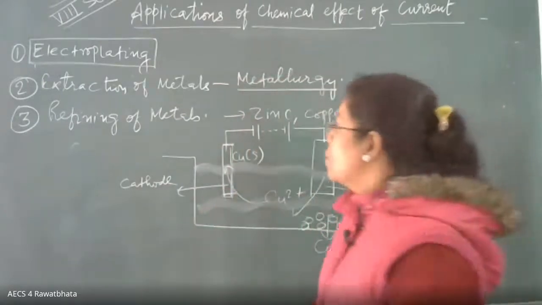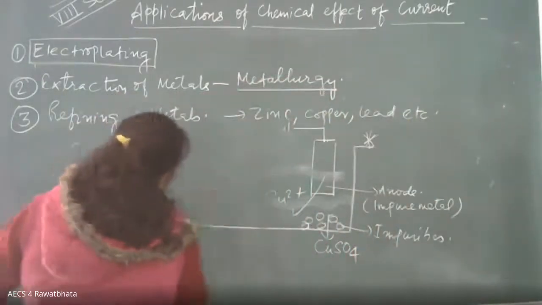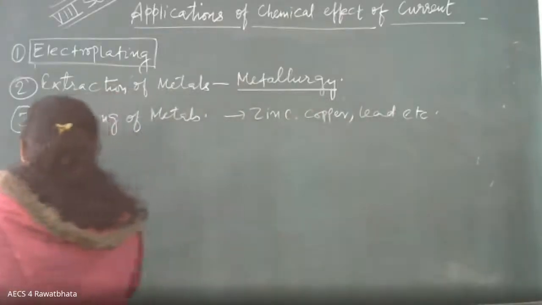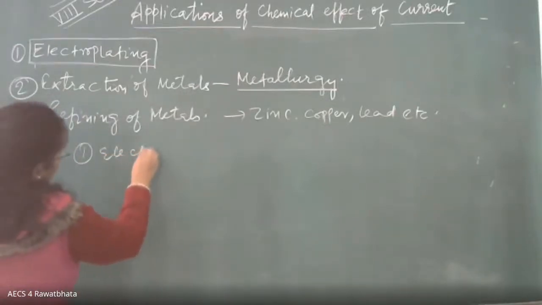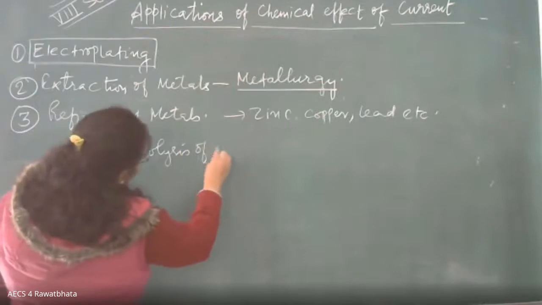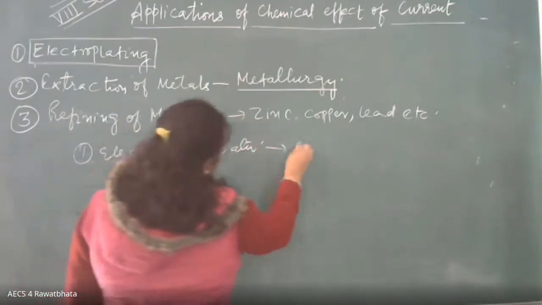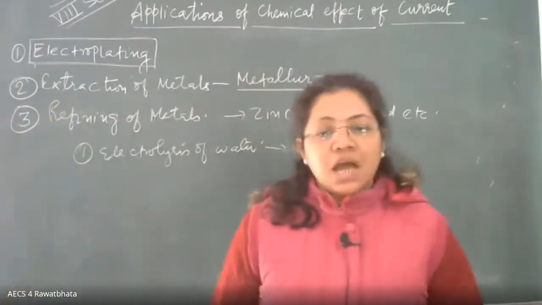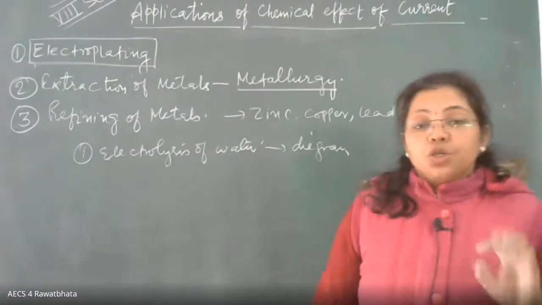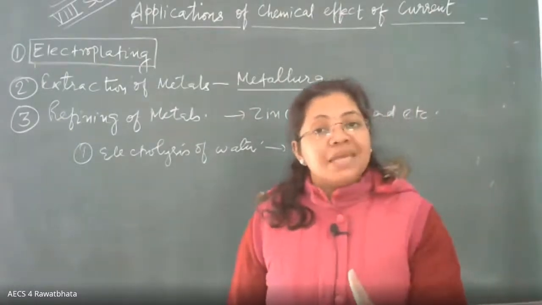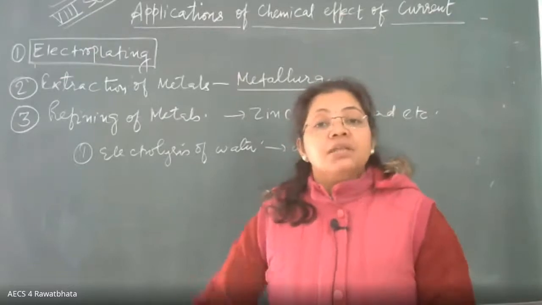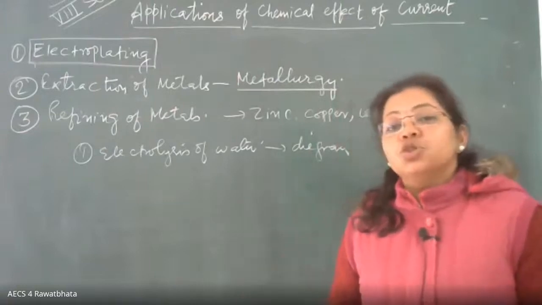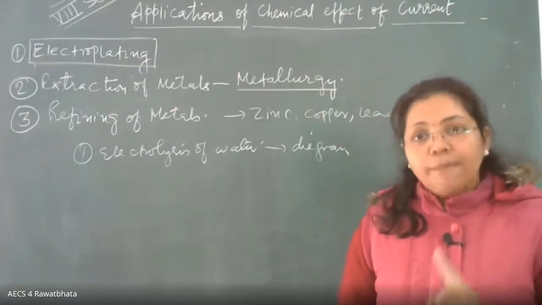I hope you people are noting down. Let me just write it on the board, because from this chapter many a times these questions are repeated. First one is electrolysis of water diagram. And when electrolysis is asked to be explained in examination, do remember your process will be incomplete if you are not mentioning at which electrode hydrogen will evolve and at which electrode oxygen will evolve. That you have to mention.